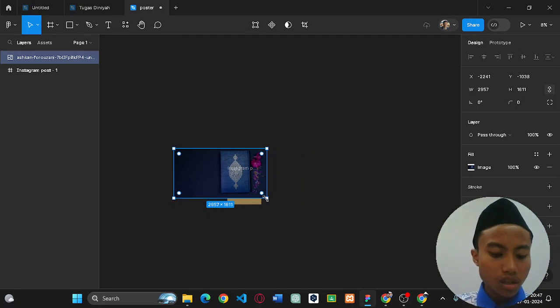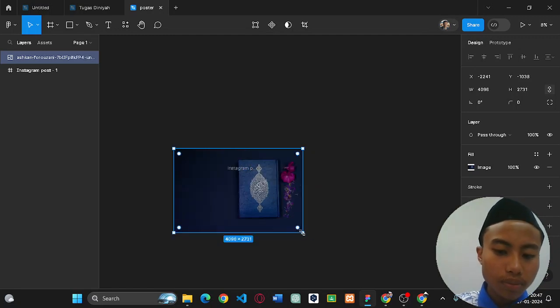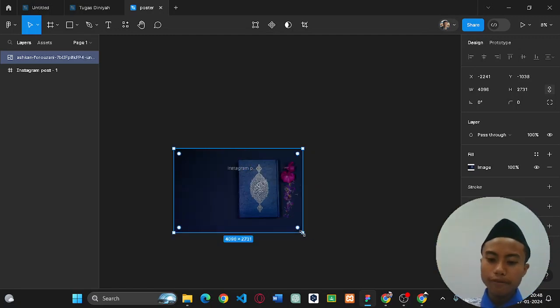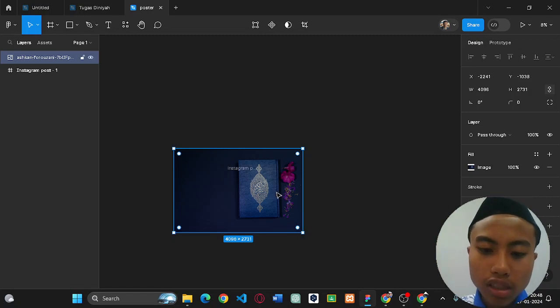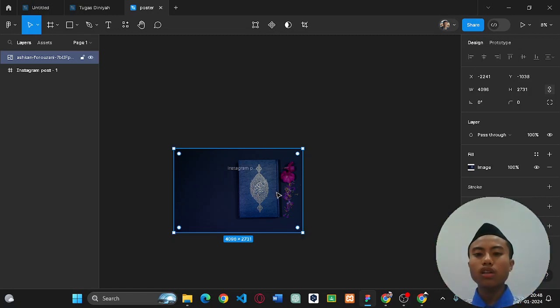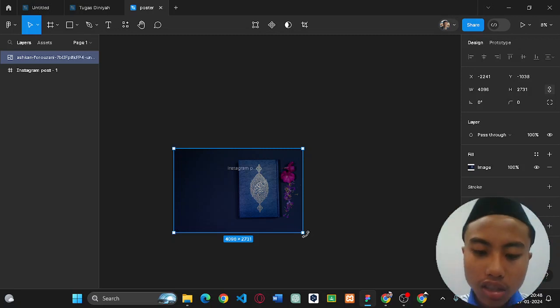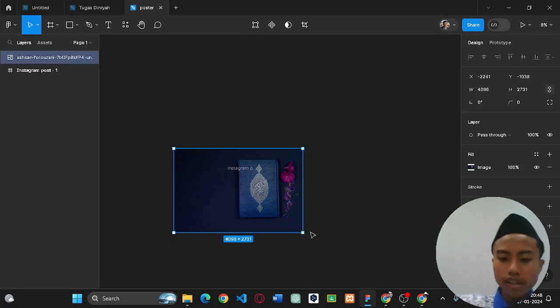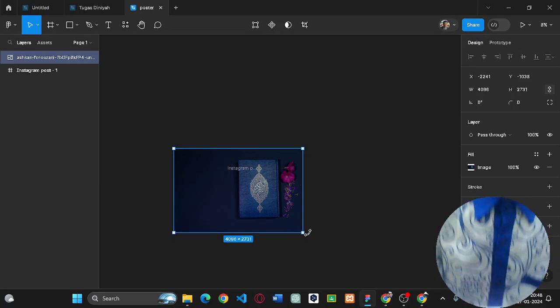If you want to make it perfect, the same image like this and not wider or something like that, you can use shift and then drag. You can see shift in here.